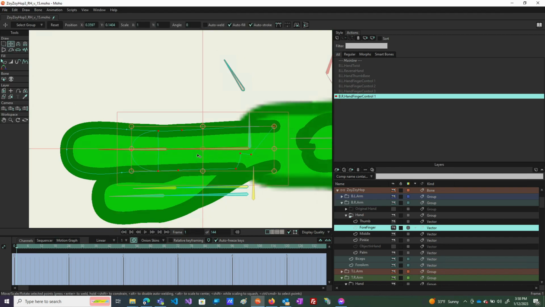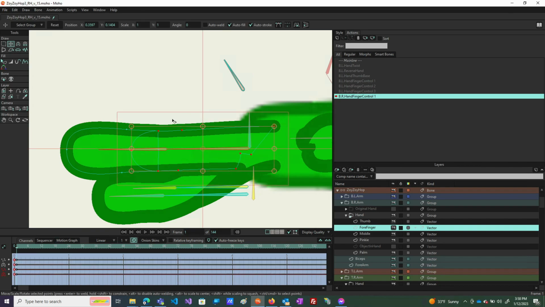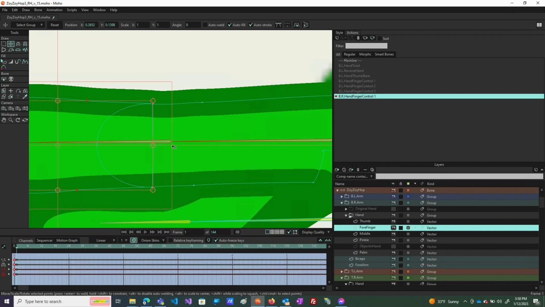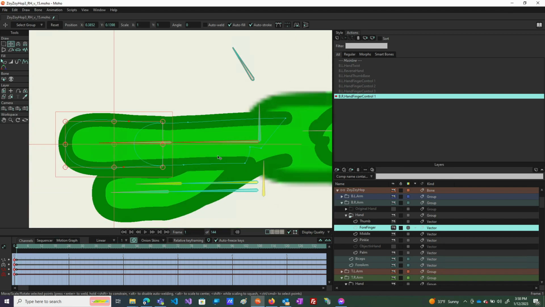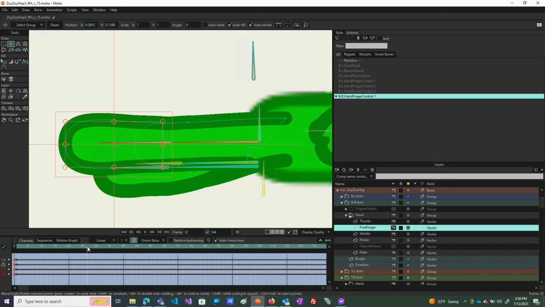If we select this object, you can see the points that are selected on that object, and then you can see the points that are selected on this object. And you may think, well, where's the problem? Well, the problem is when we stretch the bones, we also stretch these objects because the objects are attached to the bones. So if we go back to 32,